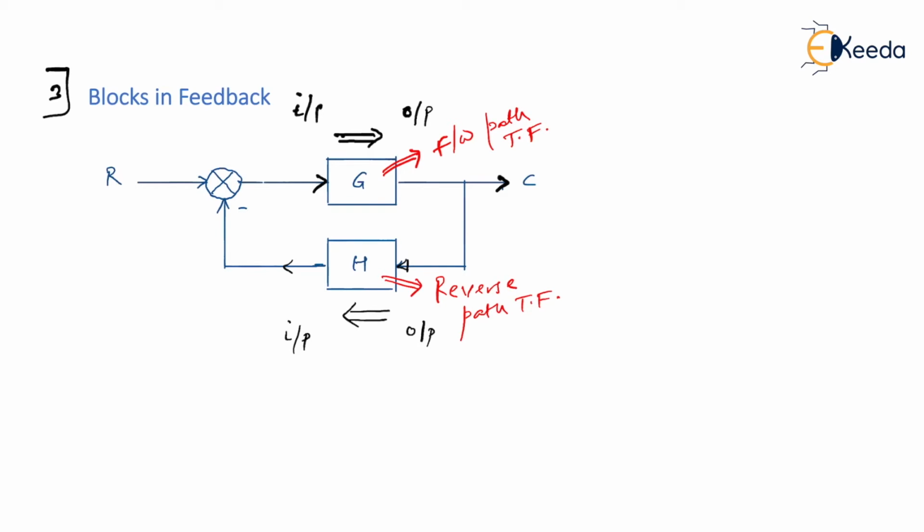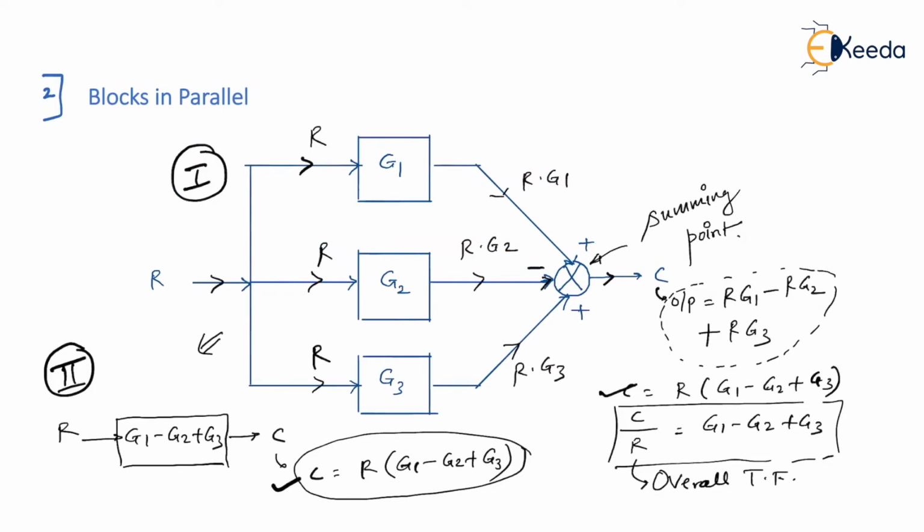Whereas, we'll go back to rule number 2. You will see how to differentiate between a parallel connection and a feedback connection. Now look at G1's direction. It is going in a forward direction, so G1 is a forward path transfer function. Look at G2. Again, it is in the same direction. Look at G3. It is also traveling in the same direction. And at the end, all of them meet at a common point called the summing point. In this way, it becomes a parallel connection. All the blocks are traveling in the same direction: G1, G2 and G3 are all moving from left to right.